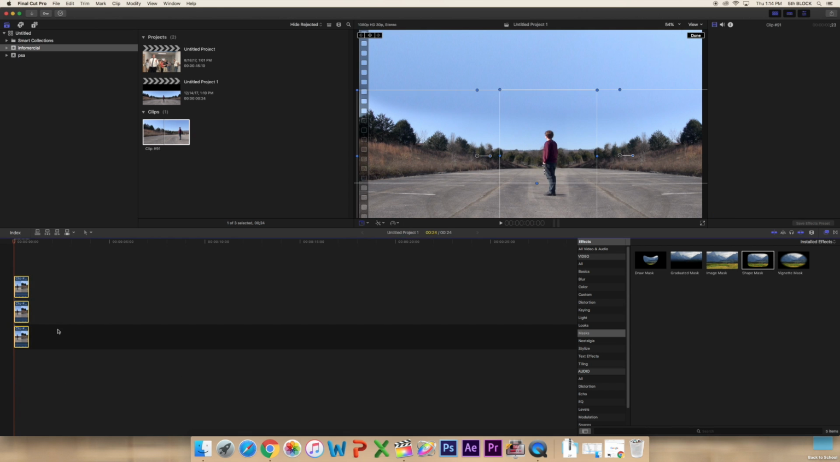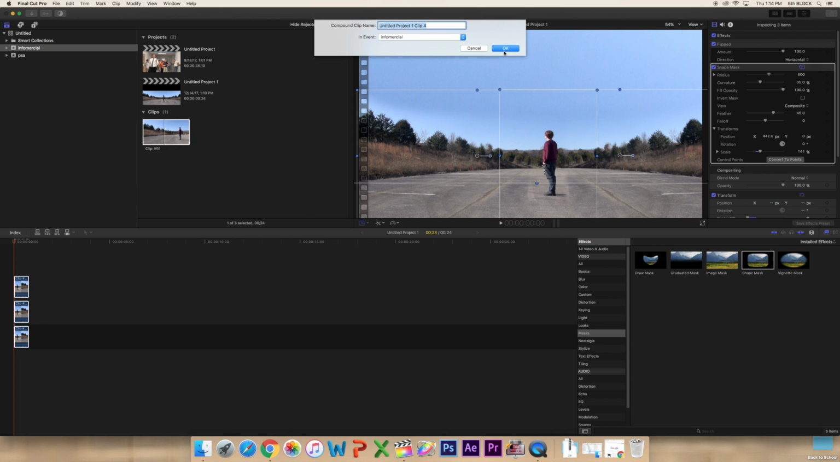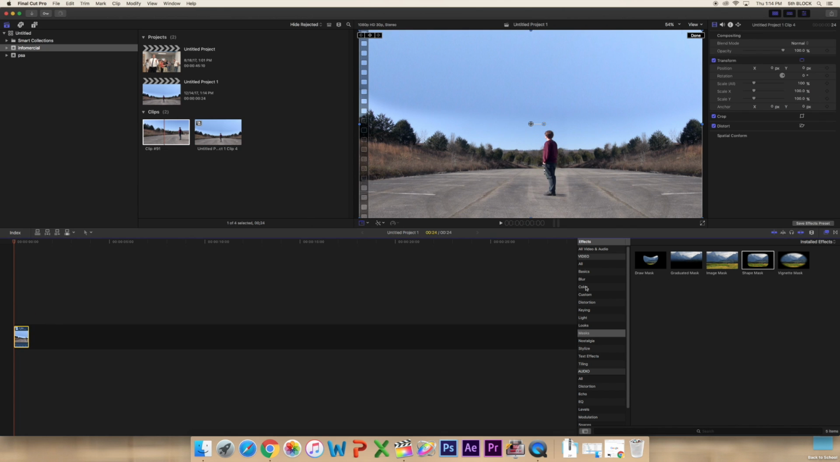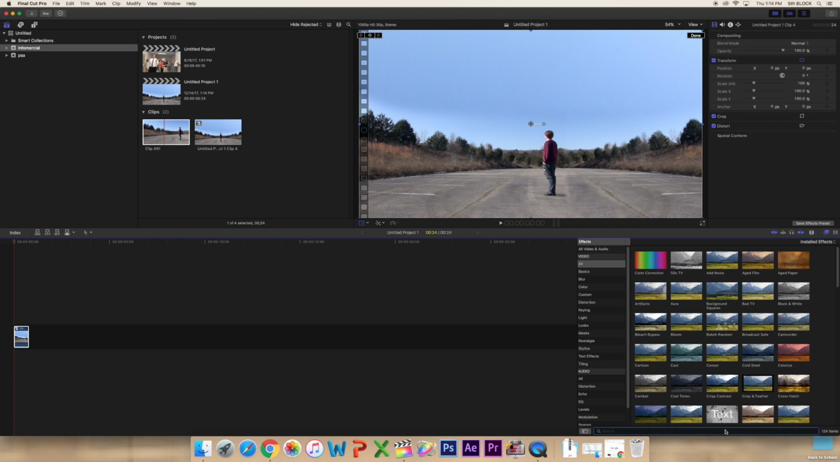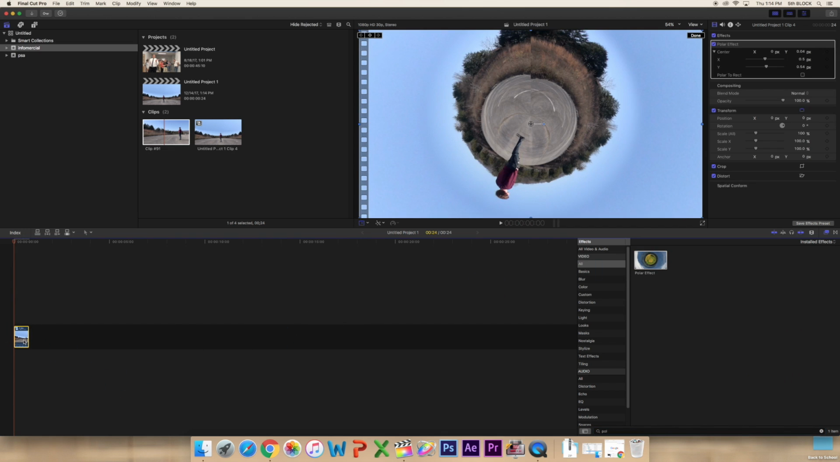Then you highlight on the clip and make it a compound clip. Then you apply the polar effect to the compound clip. There's a cut in the tiny planet,